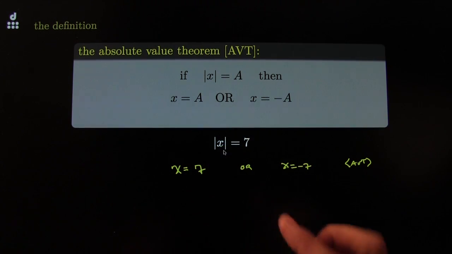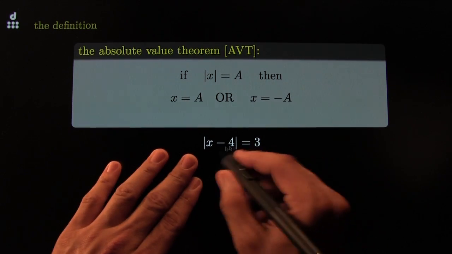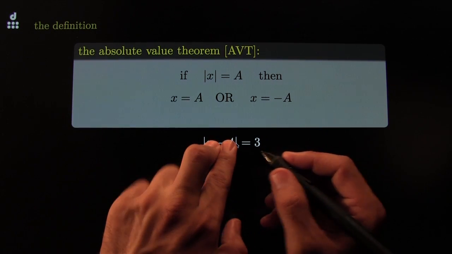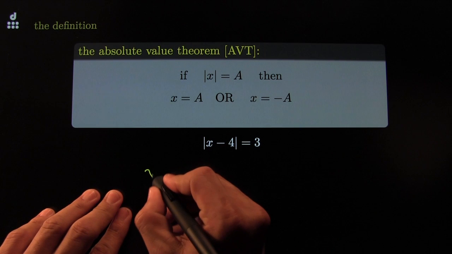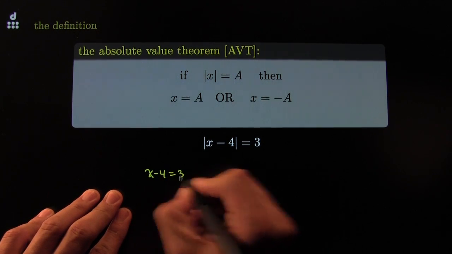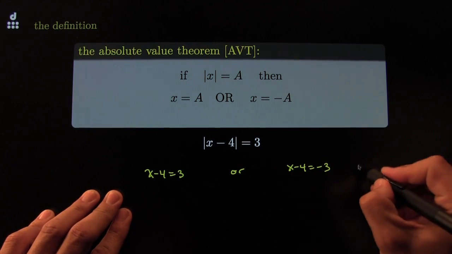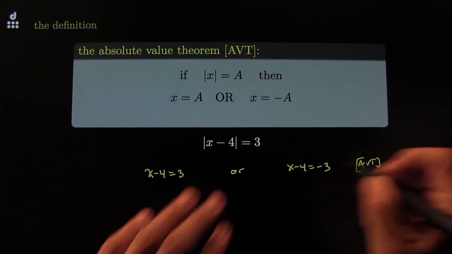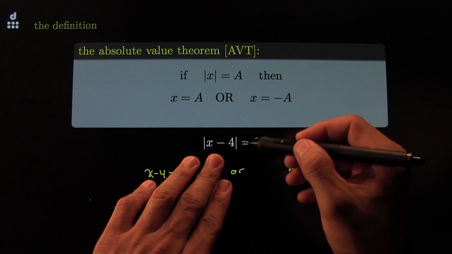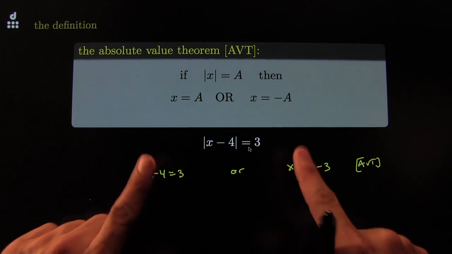Of course this is super easy, but they get a little bit more interesting. Take this one for example. Still you have the absolute value of blah equals 3, so I can say, well, either blah is equal to 3 or blah is equal to negative 3 by the absolute value theorem. What I've done is I've exchanged my absolute value equation for two little baby equations that have no absolute values,